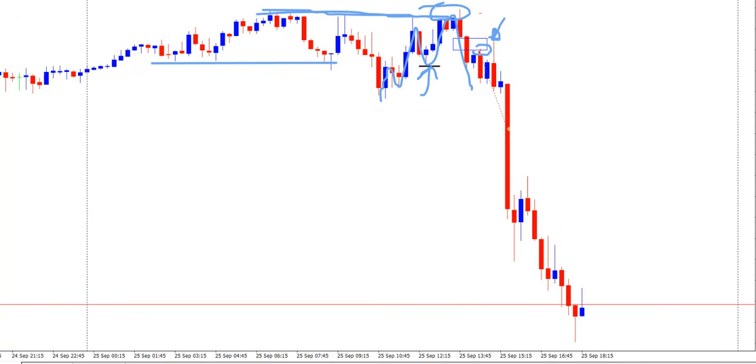as you can see, with our entry here, stop loss above the structure, and then we were looking for 1 to 2 in terms of risk and reward ratio on this trade. Why? Because the price was very volatile. After the news came out, as you can see, price even pushed to the downside, but you never know what will happen after the news. In this case we were happy with a classic 1 to 2 in terms of